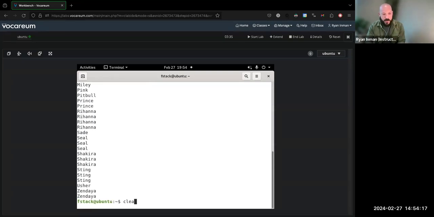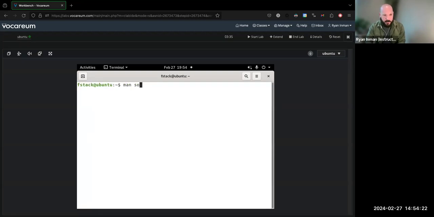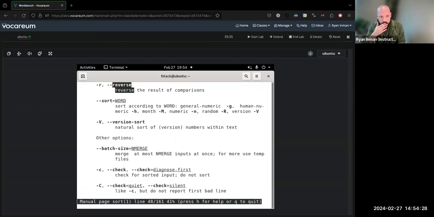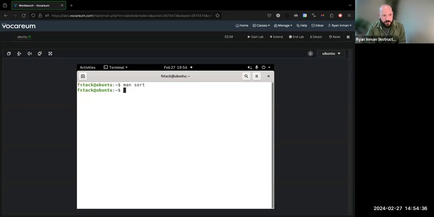So what else can I do with sort? Can I reverse it? Let's see. I'm going to go to the man page and let's search for reverse. And it says that -r or --reverse will reverse the result of comparison. So rather than sorting in alphabetical order, sort -r, and notice that these options, these switches, these tags are not